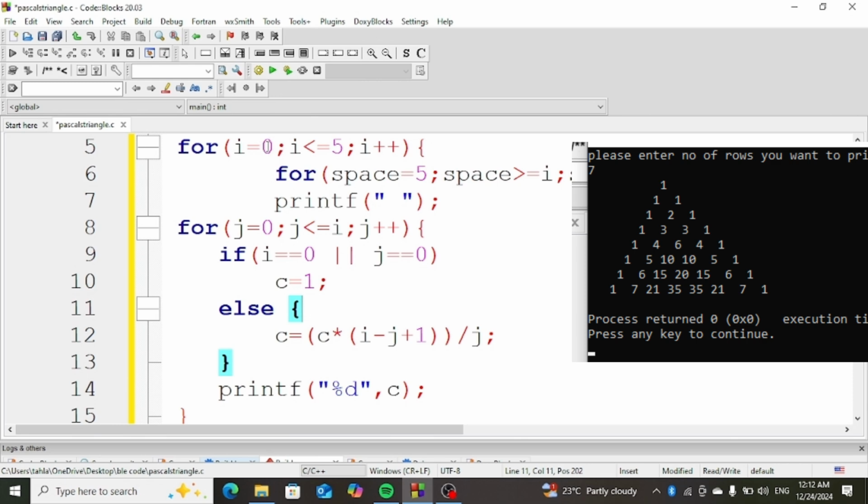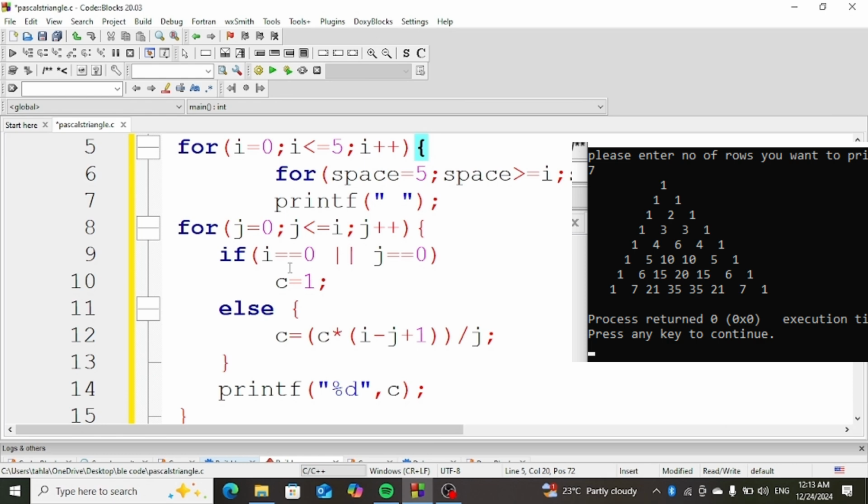i has incremented to 1 because after the braces of this for loop are executed, it is going to increment. So i has gone to 1, but j is going to remain 0 because j only executes inside here. j only executes what is inside its own for loop. The for loop for j is going to execute only when it's inside its own for loop, and when it's done with that,